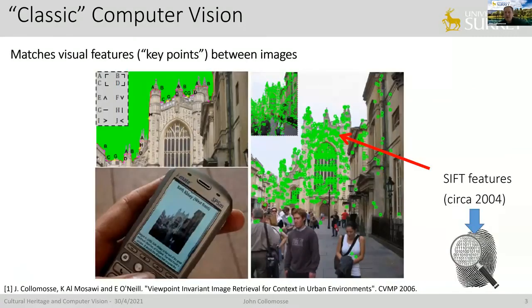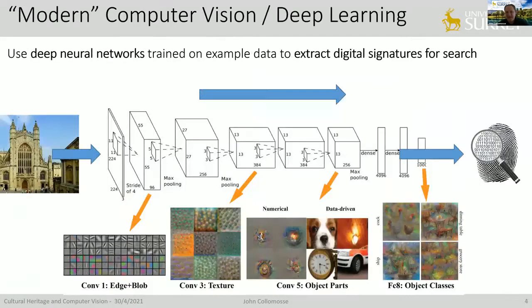So how does this sort of thing work? Well, back when we developed that technology, computer vision, which we now refer to as classical computer vision methods, was all about identifying key points in images, features, and matching them between images. Here's another example of such a technique that we used to do landmark recognition, in this case around the University of Bath. This is Bath Abbey. The idea is to use detectors that detect important points in the image and then find some correlation between those points and a database of images in order to create a match. You can see this is an older piece of technology from the phone that's being used here. It's a mobile-based system. But the world's moved on quite a bit since then.